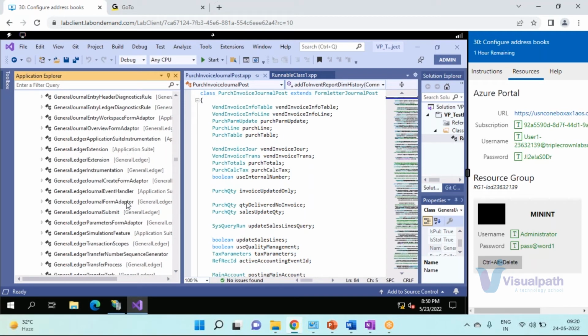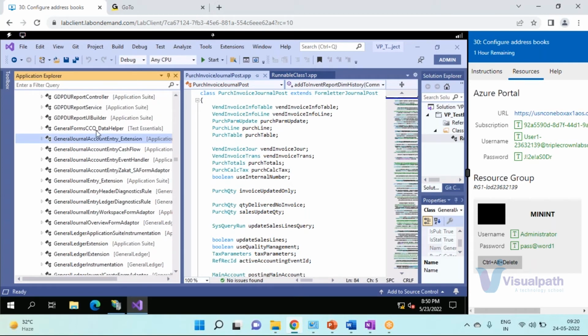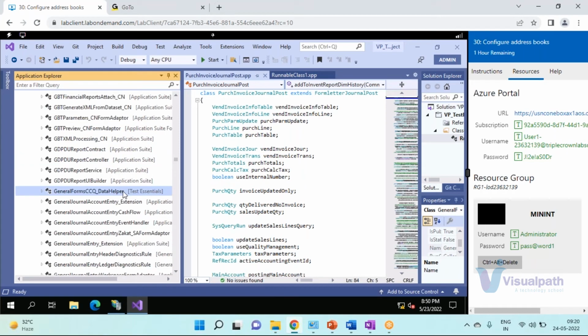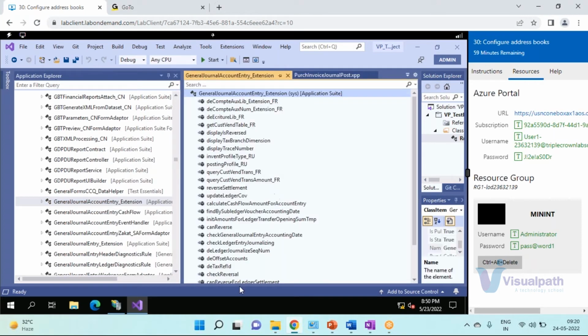So, basic class. This is an extension class, but this is very important. Again, one of the basic classes we work on is general accounting entry. So this class is